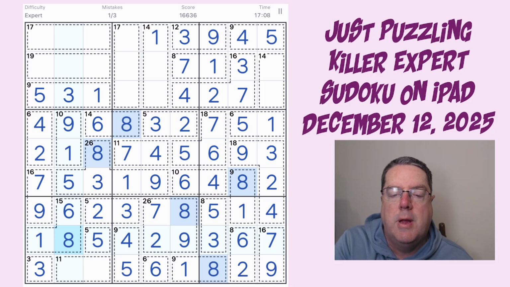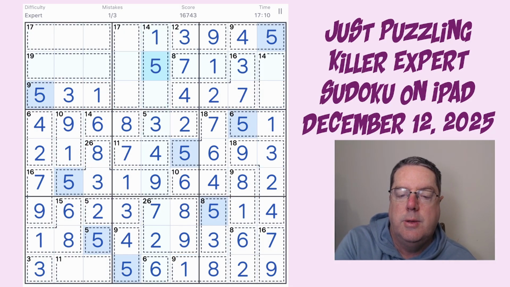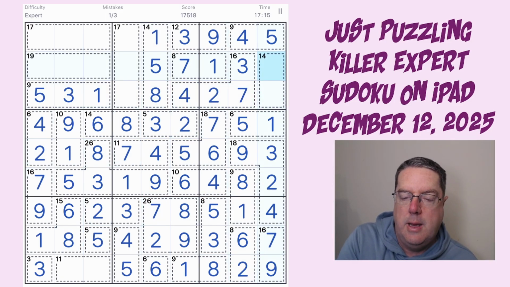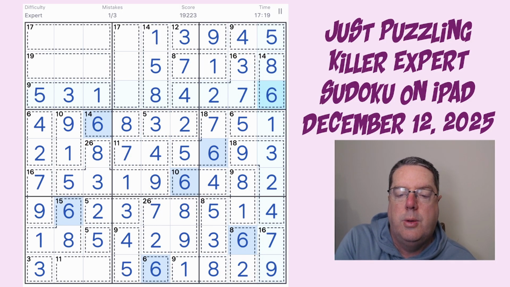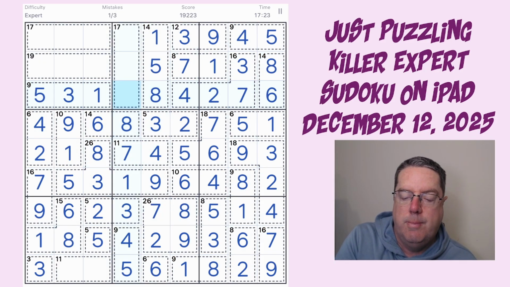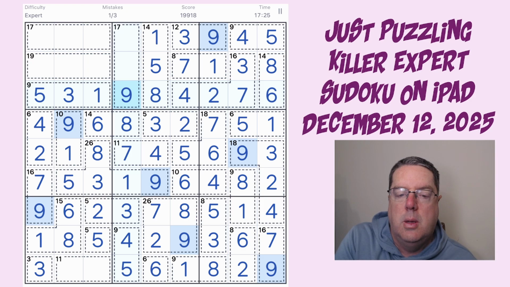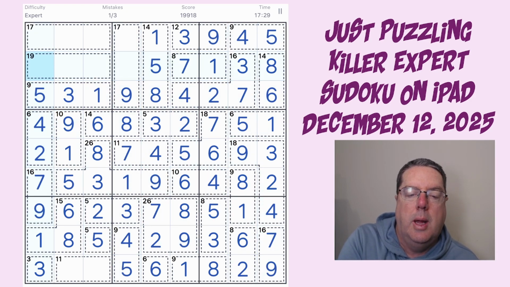8, so 5 can't be there, so that's a 5 there, leaving this to be the 8. 8 comes across here, so that's an 8 there, leaving this to be the 6. 1, 2, 3, 4, 5, 6, 7, 8, 9, so that's a 9 there. 9 comes up here, 9 comes up here, 9 comes across here, so that's a 9 there, and it adds